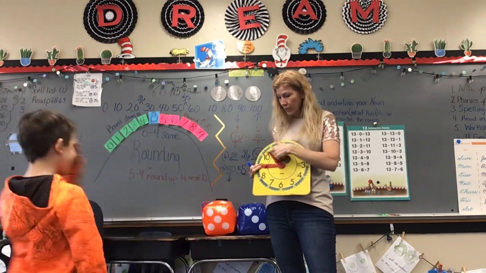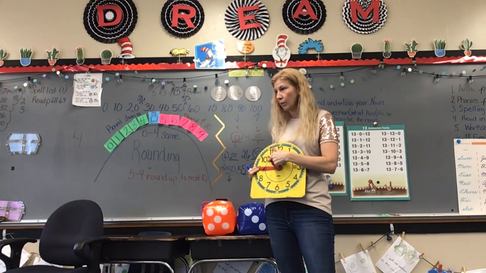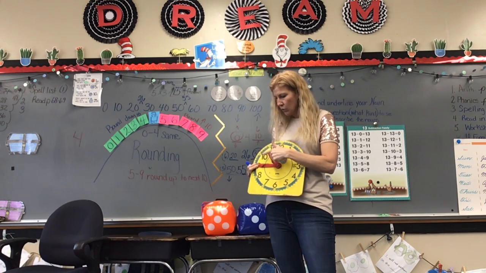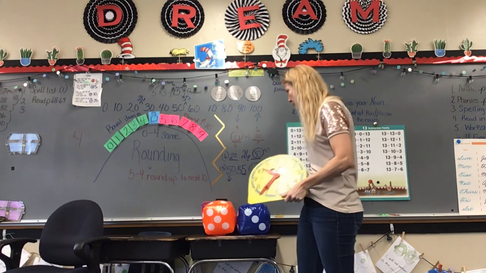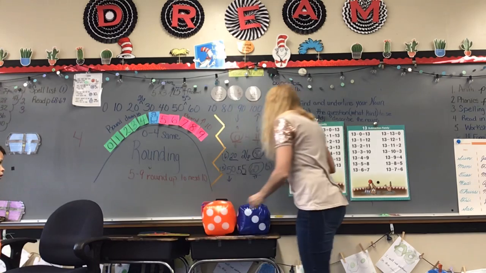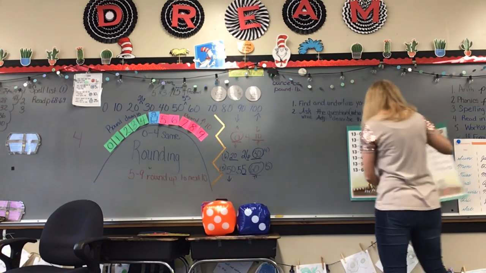In digits, what hour is it closest to, Ben? 10. So it is 10:45. 10:45. Now the last thing that I want to go over with you, because I did notice that some